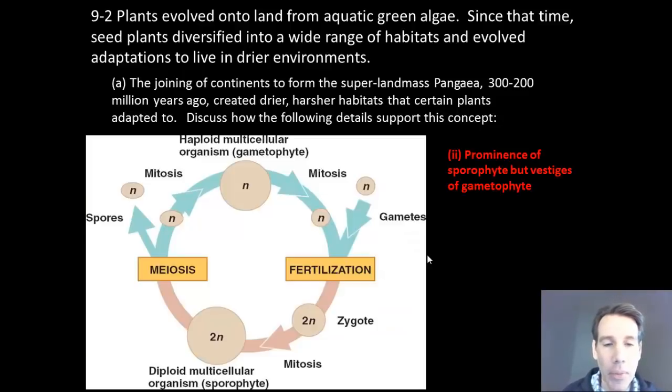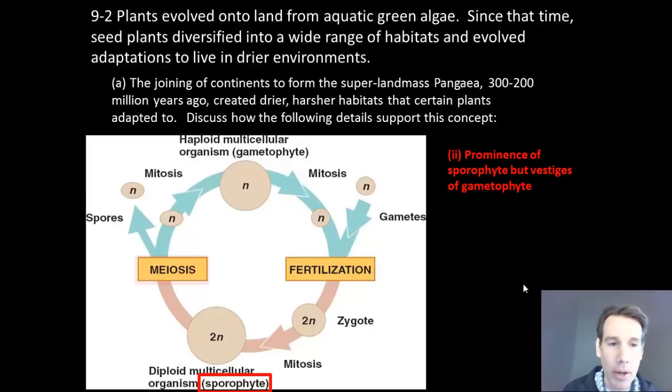Alright, so now another trait I want to look at with you here is alternation of generations. So let's recall how that process works. You may remember that from Mr. Matthews' video on the previous 9-1, but let's go through that again. So in alternation of generations, we're going to start off with the sporophyte stage, which is diploid.